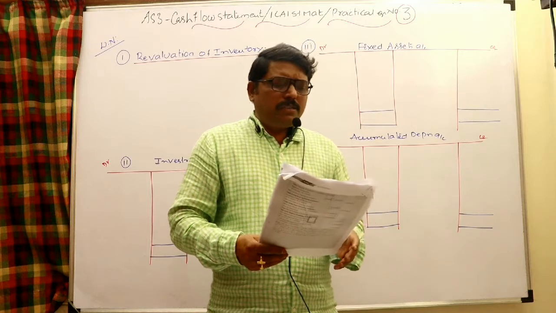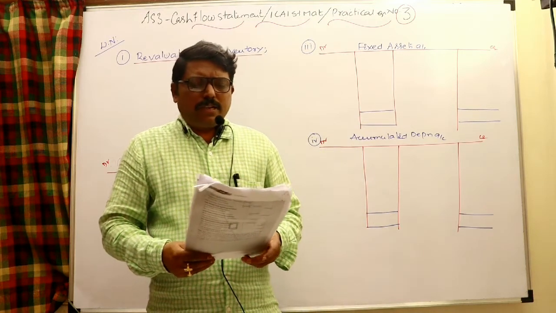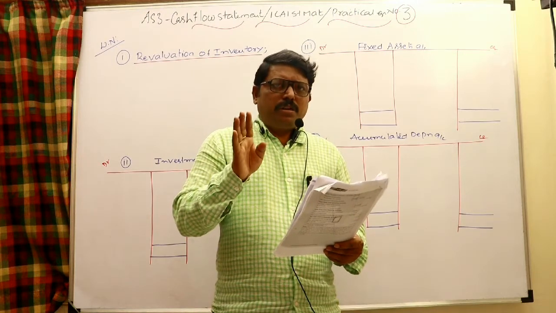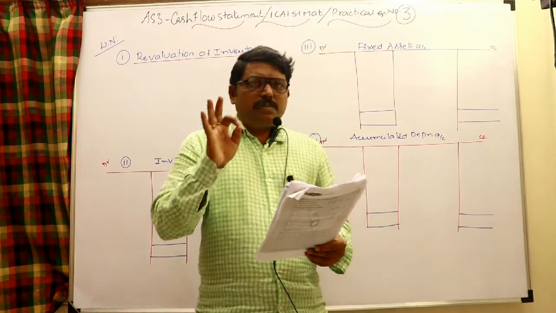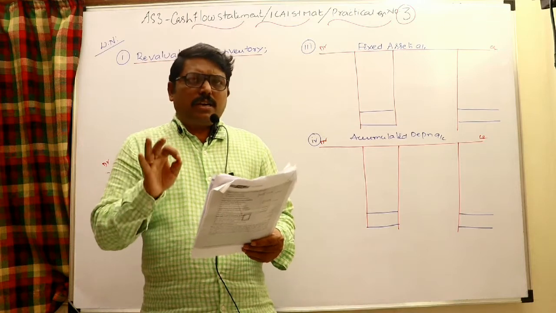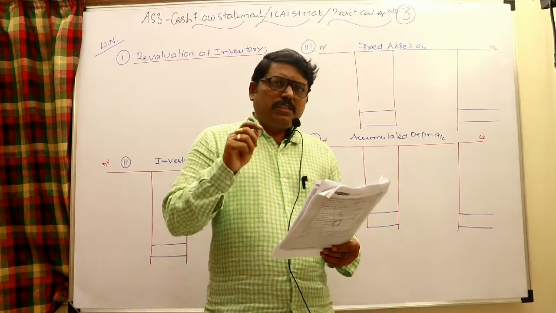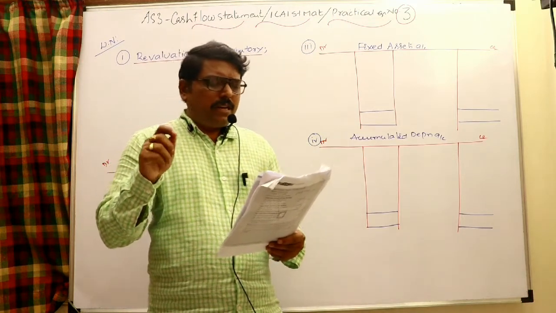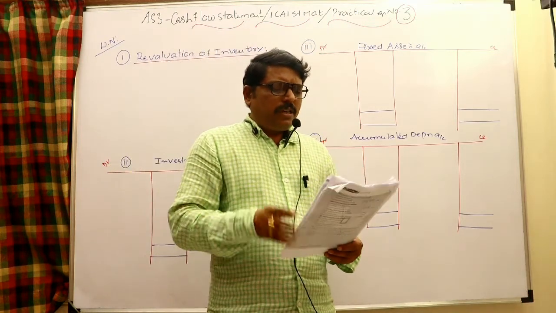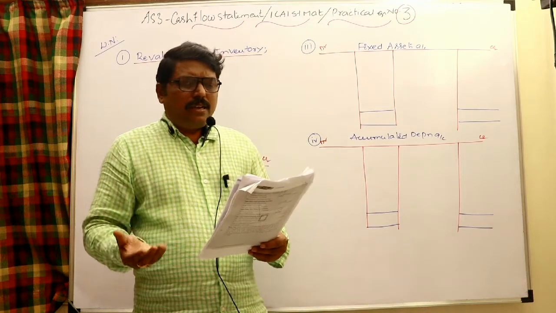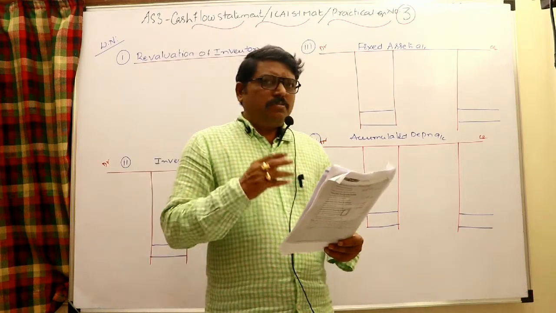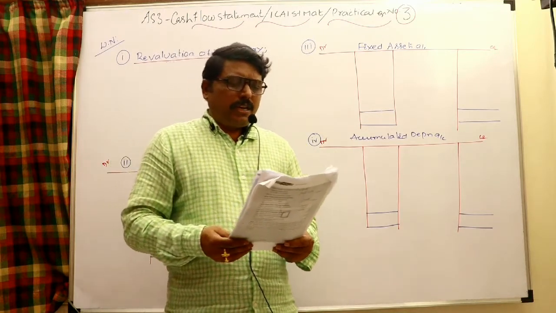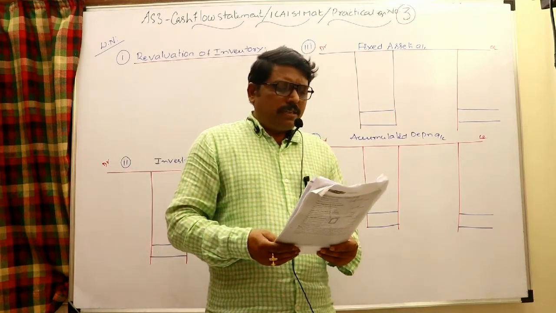Come back to the liability side. Equity share capital was 12 lakhs and now it is 16 lakhs, so 4 lakhs is the issue of equity share capital. If nothing is mentioned in the adjustments regarding equity share capital, we can say that 4 lakhs is an issue of equity share capital, and it is a financing activity. Preference share capital was 4 lakhs, and at the end it is 2 lakh 80, which means 1 lakh 20,000 is redeemed, repayment of preference share capital. It is also a financing activity.